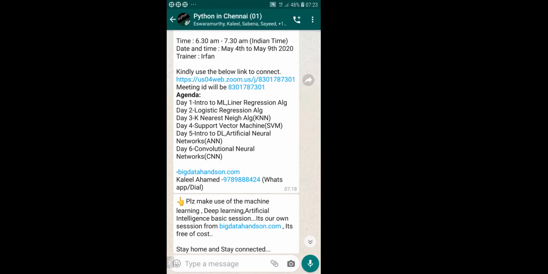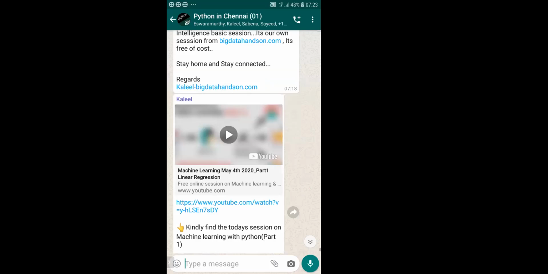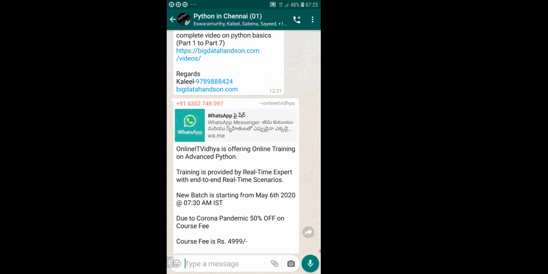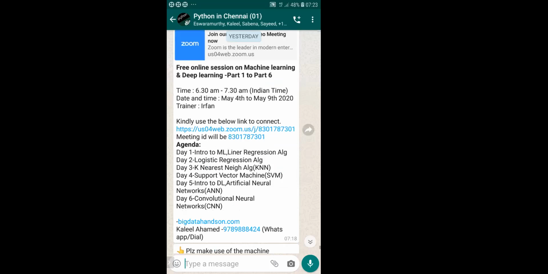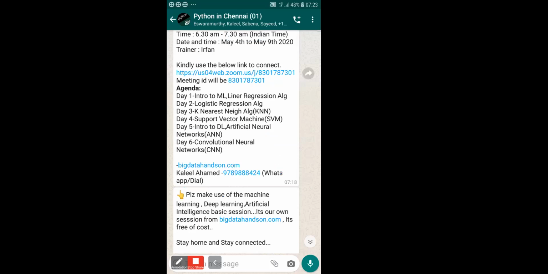Day 5 will be artificial neural networks, ANN, and day 6 will be convolutional neural networks. Dinesh Kumar, our senior consultant, will also be coming, and also Indumati ma'am, the data scientist, will get connected on day 5 and day 6. Irfan will be handling the complete session.